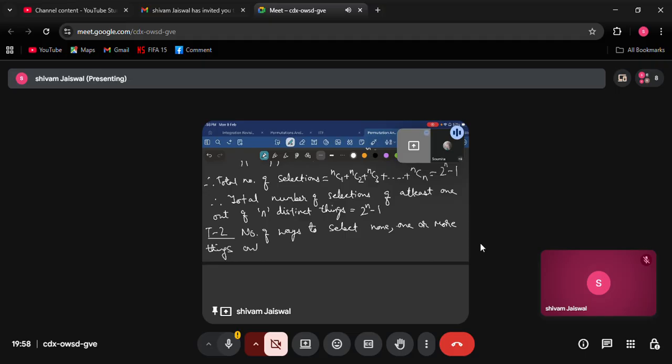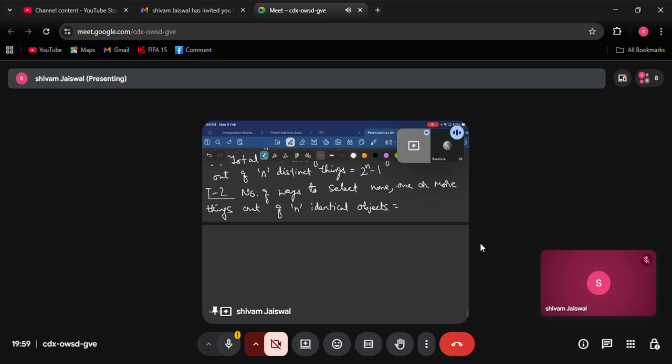Out of n identical objects. Now all are identical. Out of n identical objects, how many ways will there be? Okay, first of all, let us calculate, then I'll put the number. So tell me, what is the number of ways to select